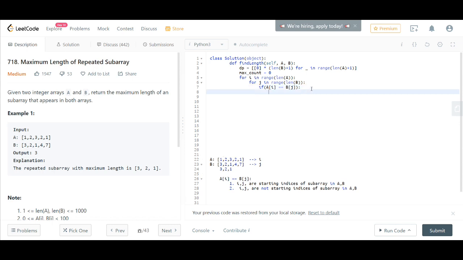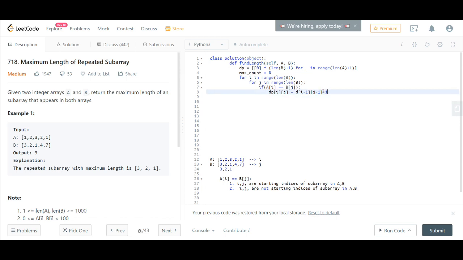So dp of I and J gives me the updated value. For that, I'll be taking the previous value, that is the thing that we have seen till the I minus 1th index in A and J minus 1th index in B, and I'll be adding 1 to it.